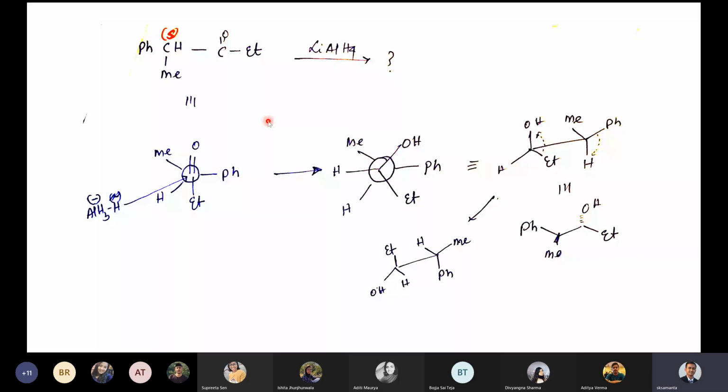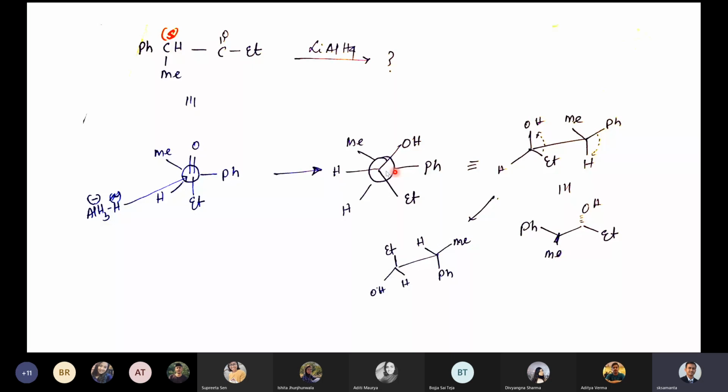that the attack is measured from this side. If H minus attacks here, OH will come a little bit towards the right hand side. It has come here. H minus is attacking from here, so H is here, and Et is already here. You see that exactly as I have written, I have just added one hydrogen here. The way it approached, which side it approached. If it approaches from the other side, OH will come to the left hand side, like that. So hydrogen approached from this side, so hydrogen is attached here.